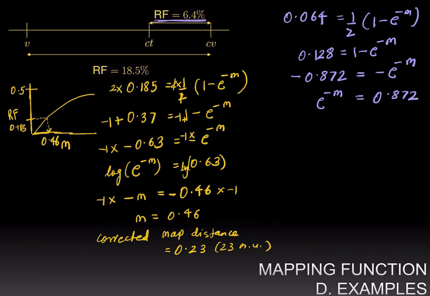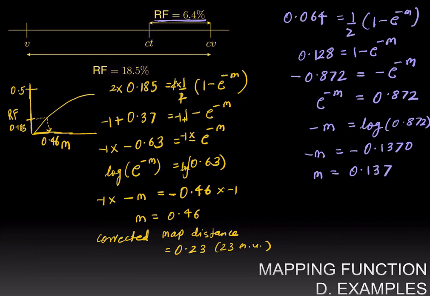Taking log of both sides, we get negative m is equal to log of 0.872. And that gives us negative m is equal to negative 0.137, and that implies that m is 0.137, and the corrected map distance